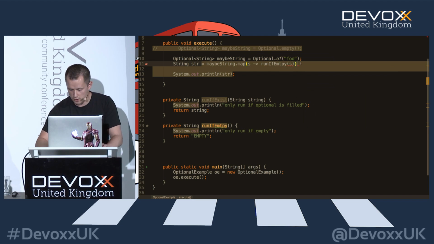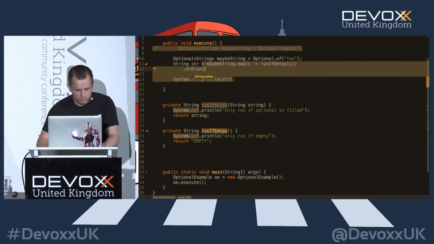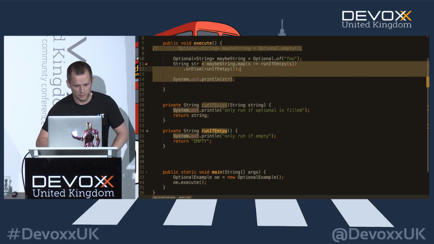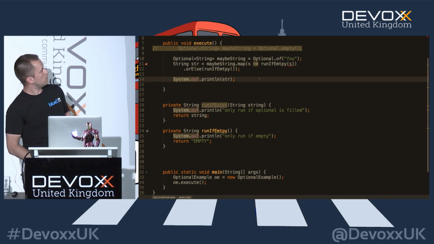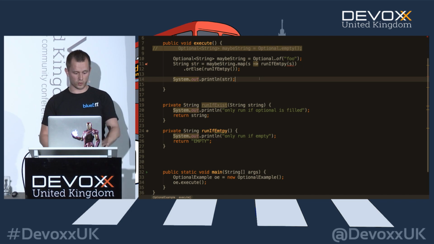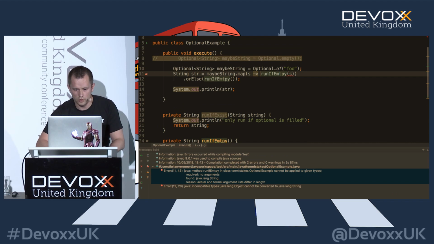Of course, I can do it as a function reference, but I don't want to. Or else, well, runIfEmpty, and I will output it in line 14. You probably think that the value of str will be foo, right? Let's run it. Oh, something went wrong. Yes, I see it.